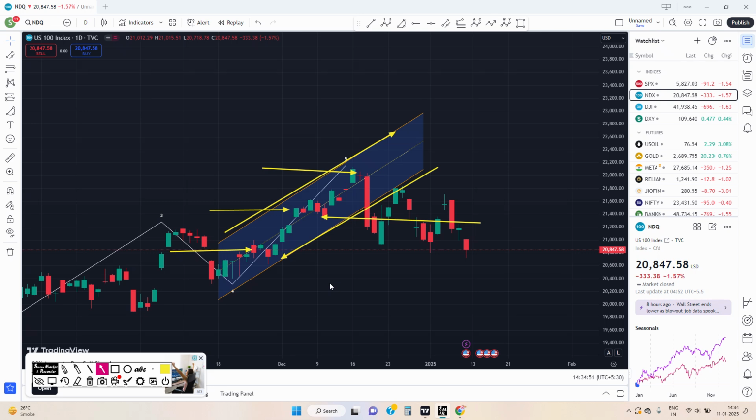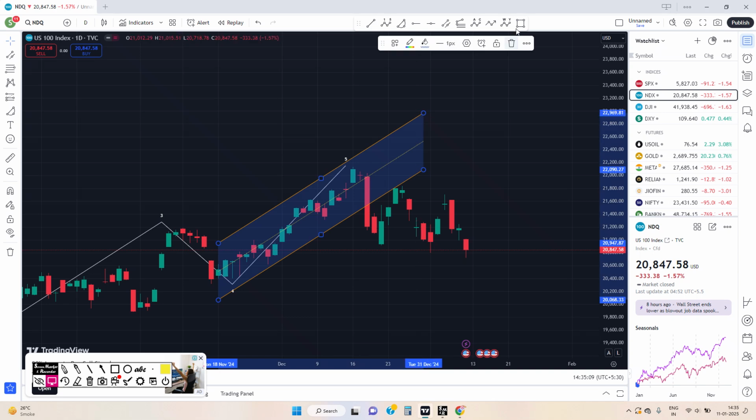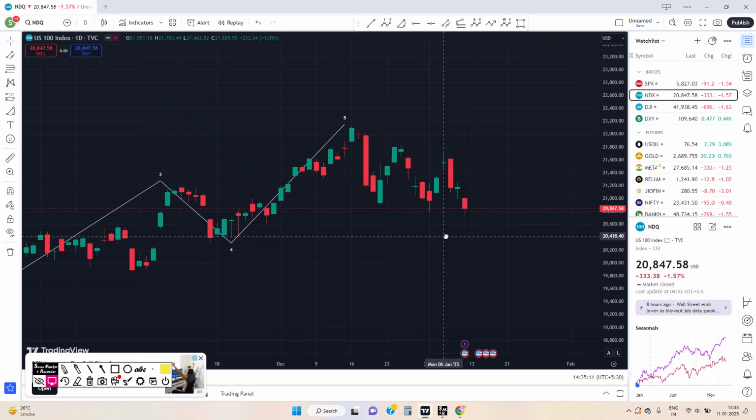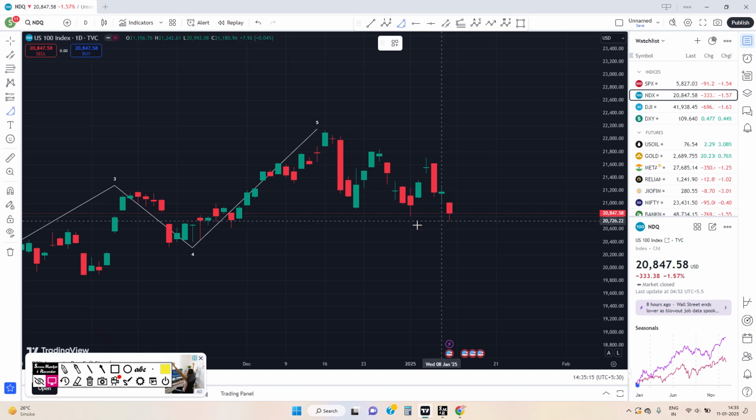So now the daily time frame came into the picture. Now the daily time frame got triggered on the downside very soon, because there is a negative divergence over here, and there is a negative chart pattern here too. I'll show you the chart patterns which will open your eyes more. You will get a broader idea of what's going to happen to the index now. So if you see over here,